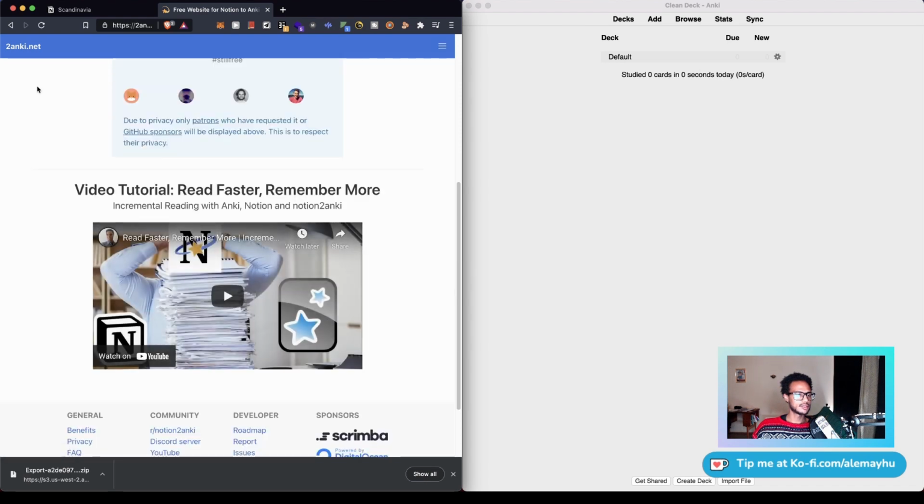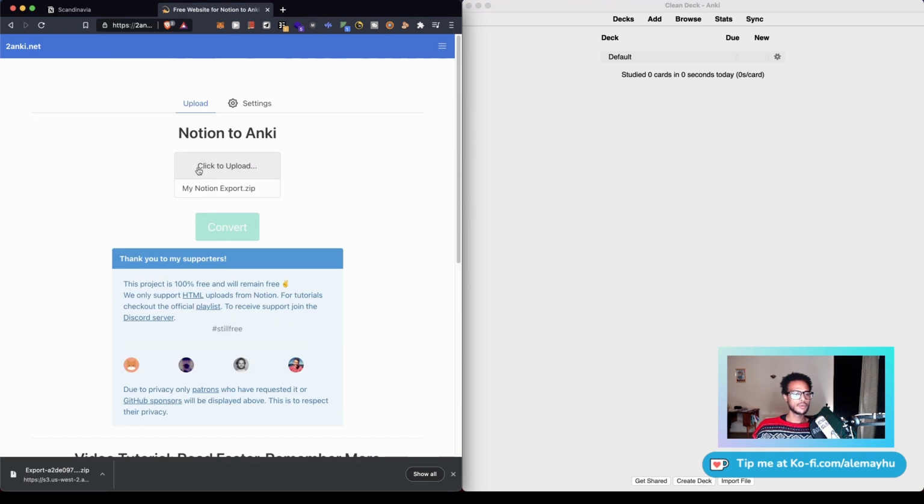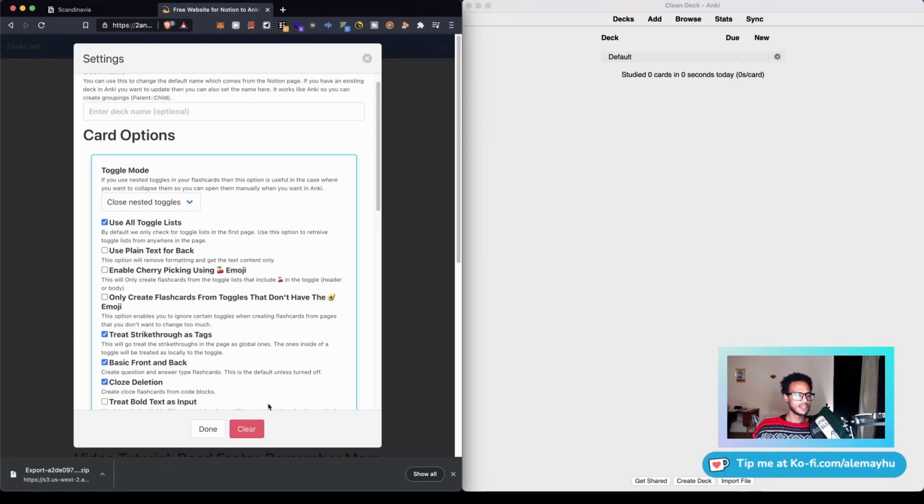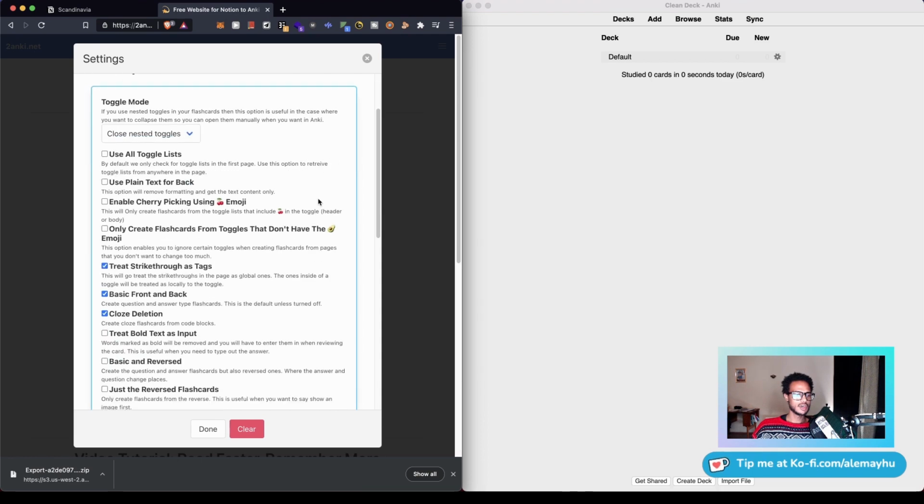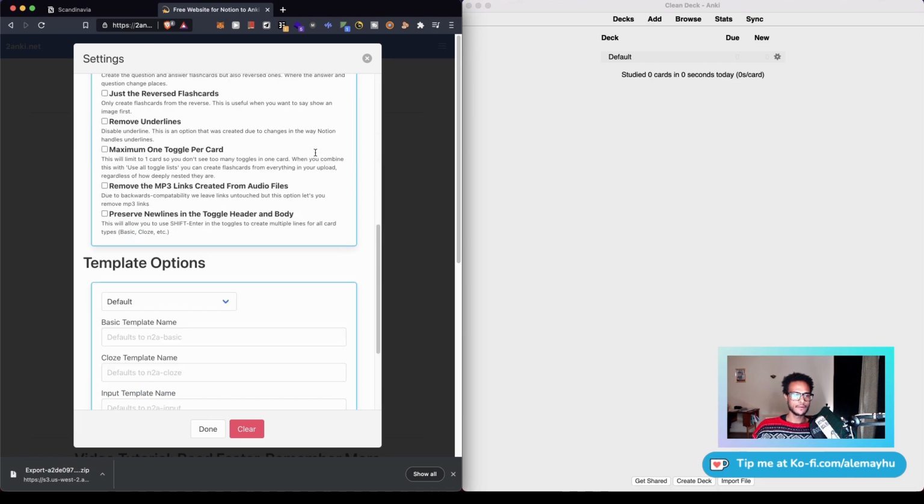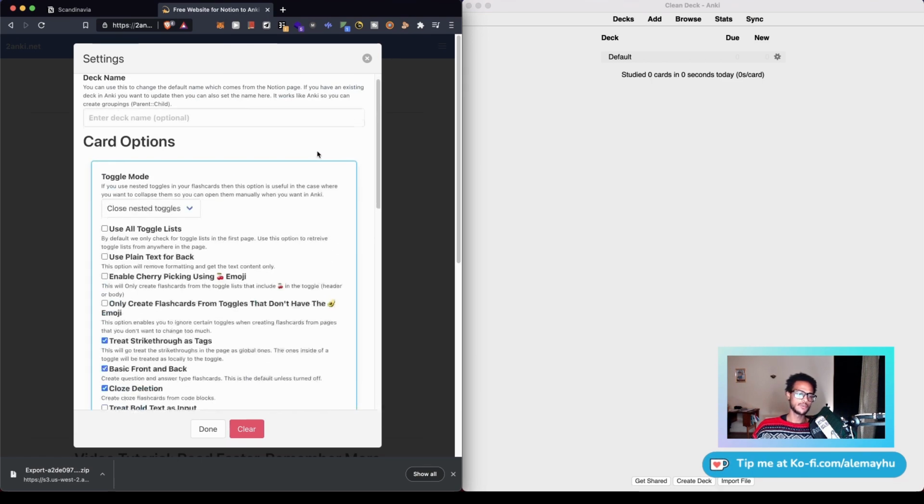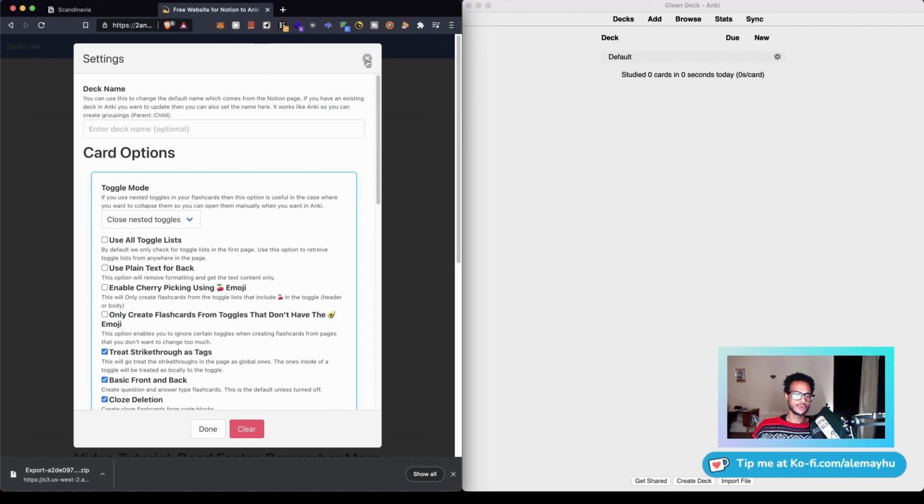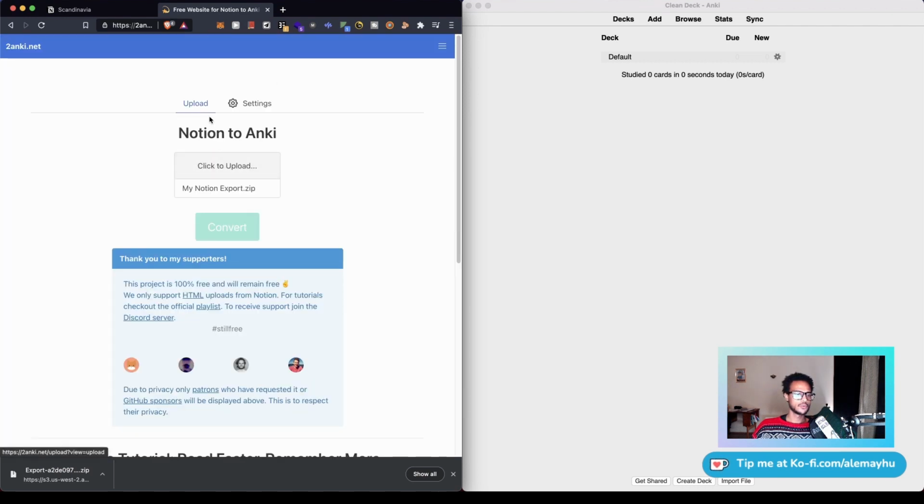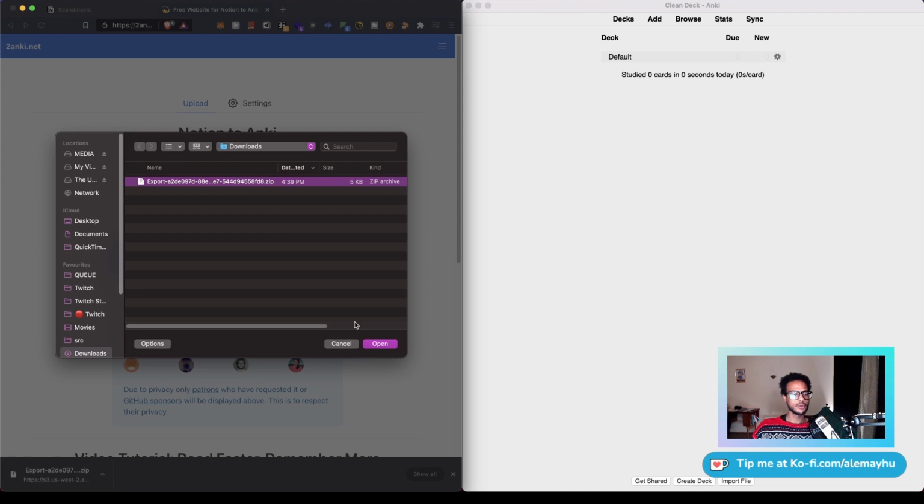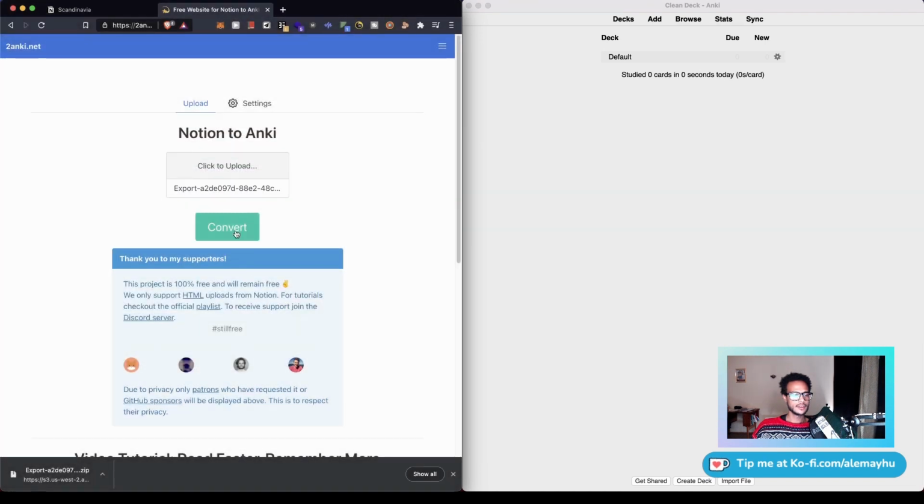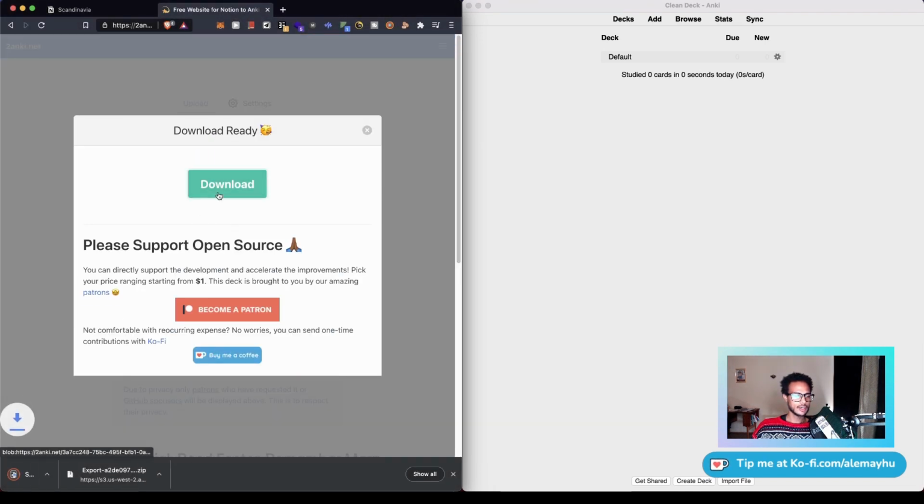So click the one that's closest to you, and you'll get to the upload page. Let me just go ahead and reset my settings. I sometimes change the settings here for testing purposes. Those are basically card options that allow you to change the default behavior, if you're new to Notion to Anki, that is. So let's upload our exported page,